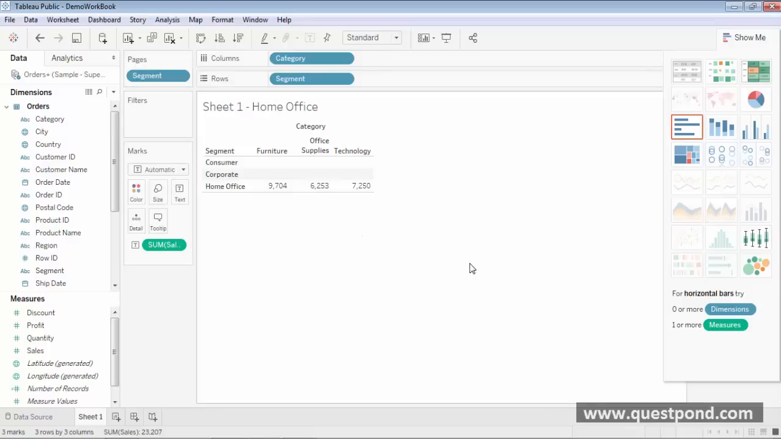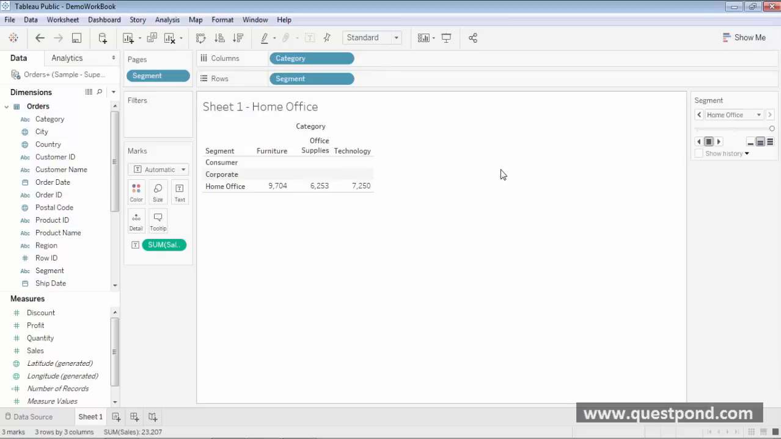report better. We saw different tools used in the marks card. We also saw how the filters are used, what the use of this pages card is, and how they affect our report. So in this way we learned a lot of things from this video,